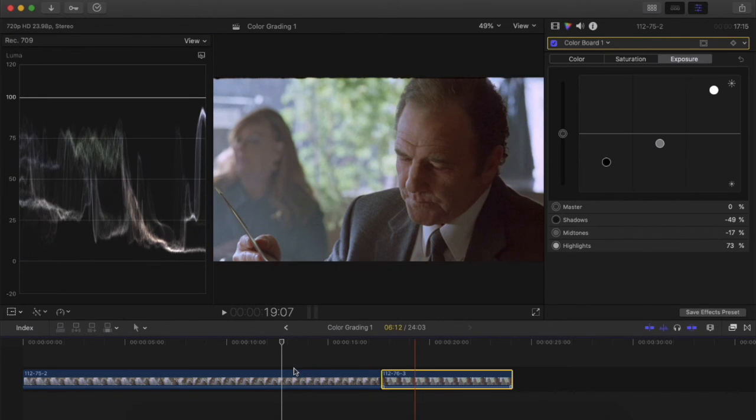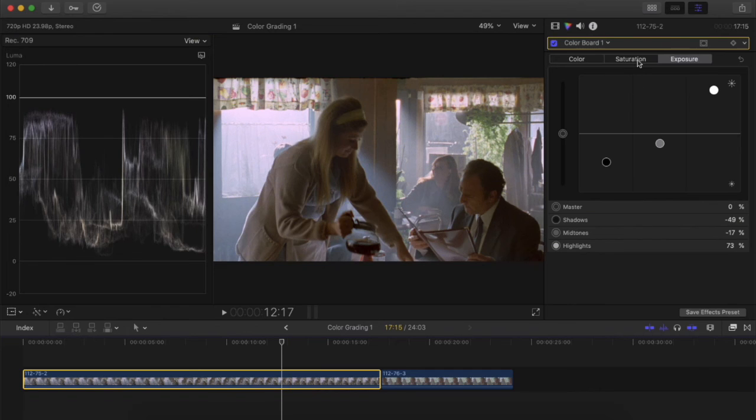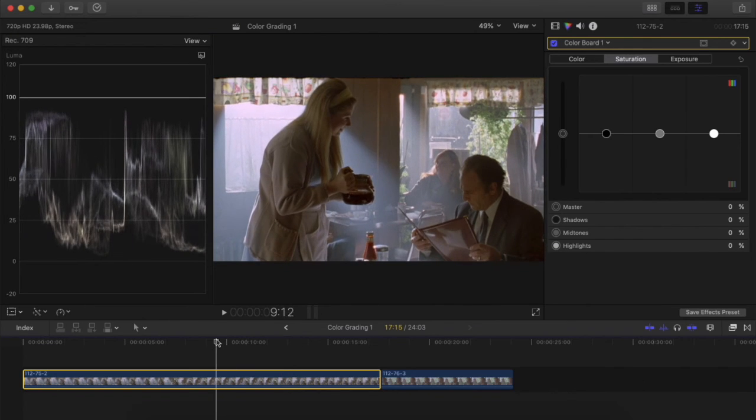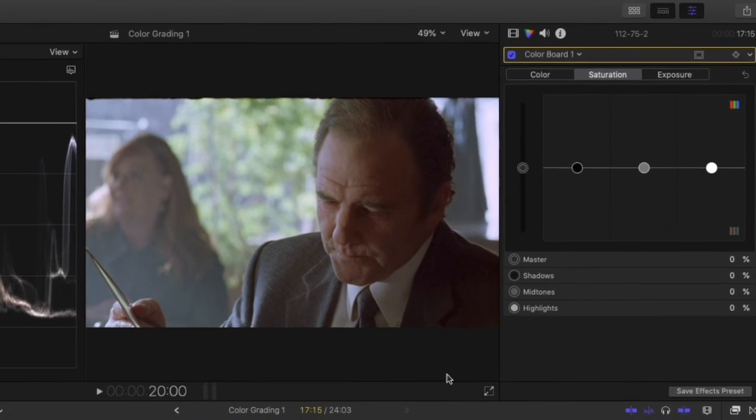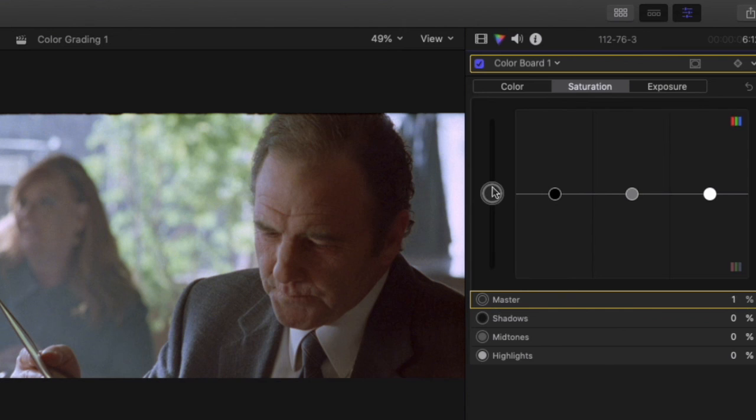So I've got my color balanced. Now I can go into saturation. Now saturation means how saturated, how influential, how bright the colors are. Like for example, let's get a close-up on his face here. So if I pull my saturation all the way up,